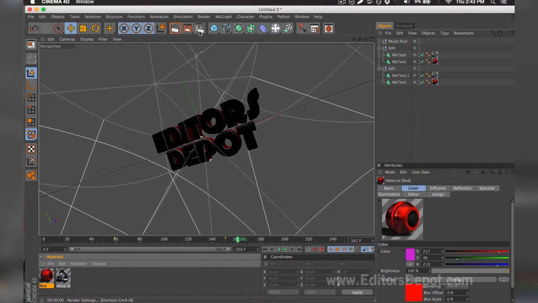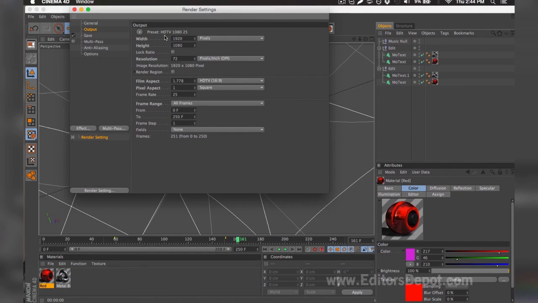and I'm going to go ahead and go to my render settings now. Once you're in the render settings, you're going to want to make sure that your width and height is set to 1920 x 1080 if you have a very good computer or decent computer and you have time. If you have a slow computer and you probably don't have that much time, you make sure you set it 1280 by 720. You want to make sure you tick all frames, and then you go to save.